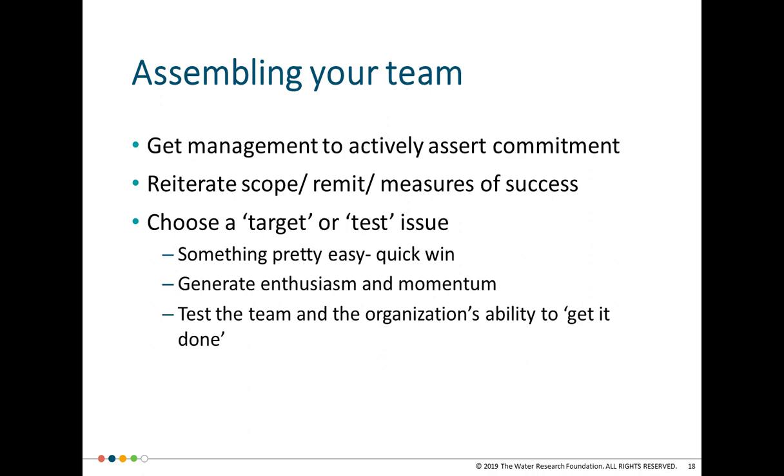Now, this looked different at different utilities. I'm going to get Rachel to talk about her utilities experience in a minute. At Columbus Waterworks, they had their very senior management team join a sandwich lunch at one of the first training sessions and ask them to talk about what they've learned so far, what they think they're going to work on, how are they liking it, and then every so often you check in with them in that very one-to-one, face-to-face sort of style, and that FaceTime really seemed to make a big difference to how genuinely the team felt management